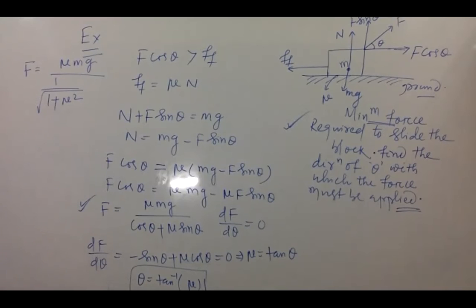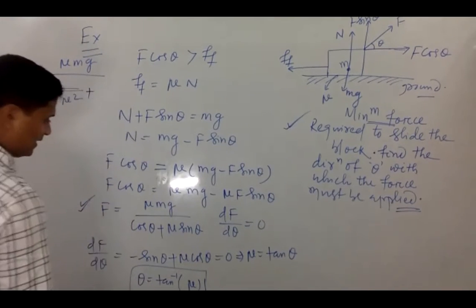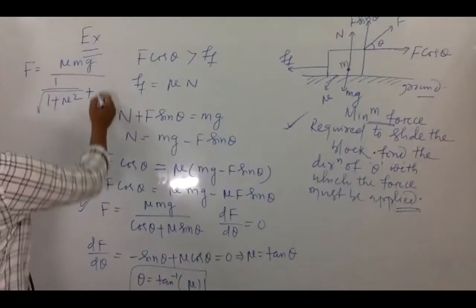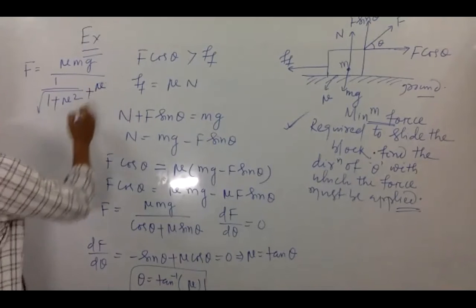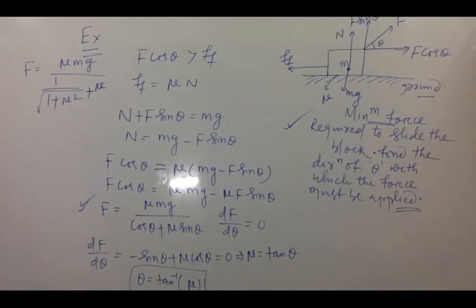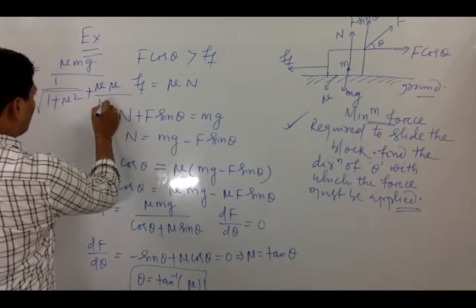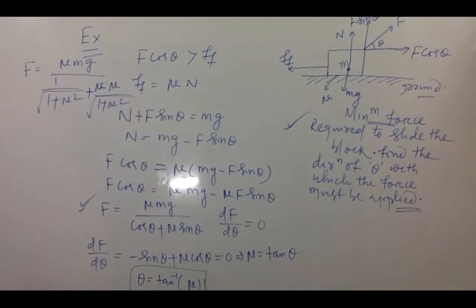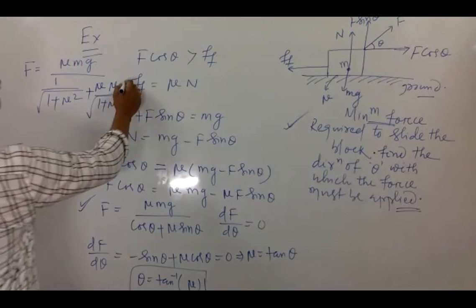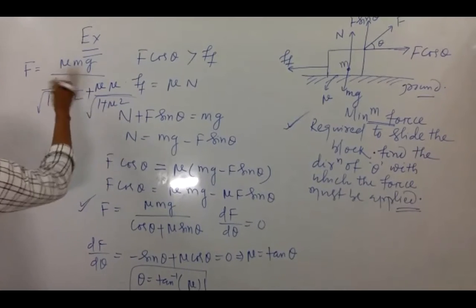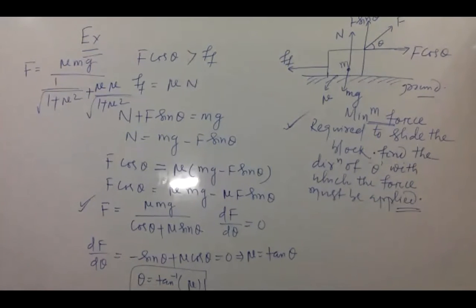Plus here in place of sin theta, in trigonometry only, this is mu times of sin theta, right? So write mu here, and it will be mu by root over 1 plus mu square. That is mu by root over 1 plus mu square, correct? Yes or no, students? So see here, this is the value, and you compare, this is mu square, 1 plus mu square, 1 plus mu square. Total you solve, and from the option only it is given.